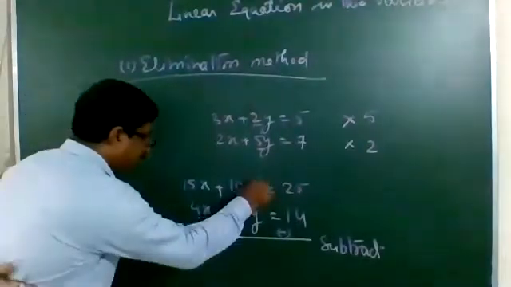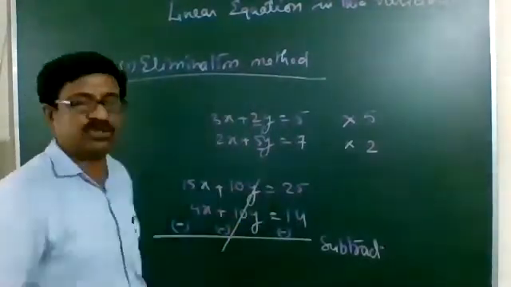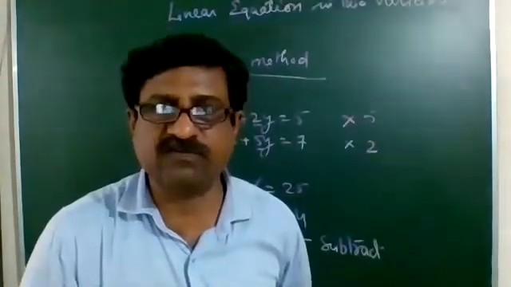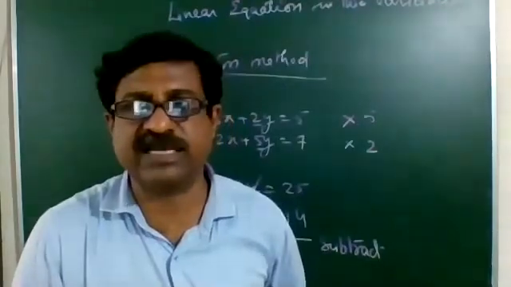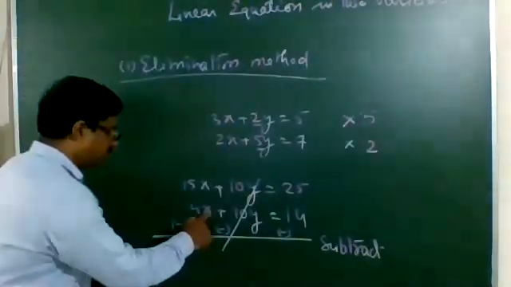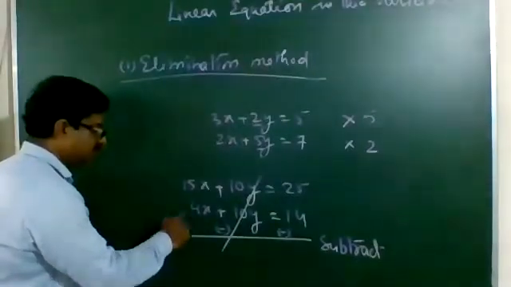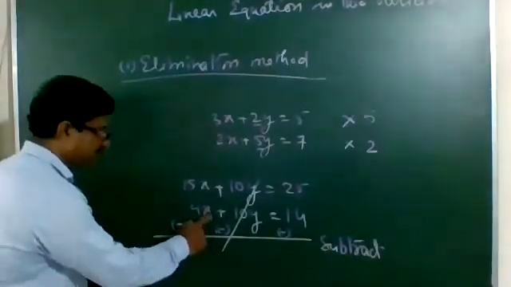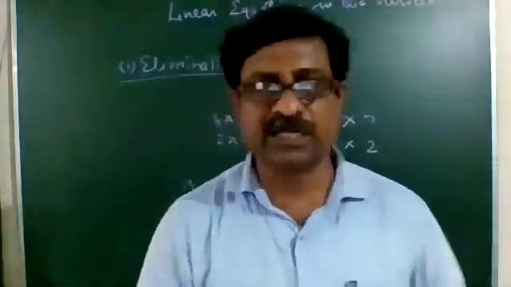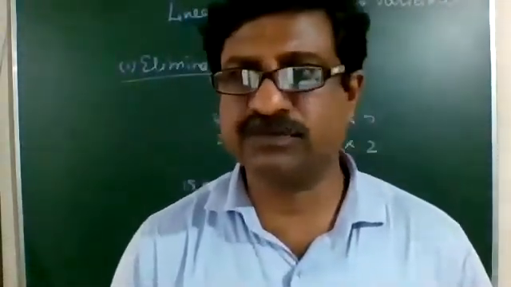After that, we eliminate it, cancel it. Since both of them have different signs, they can be cancelled. Therefore, 10y and minus 10y we have cancelled. Here we got 15x, here we got 4x, and here the sign is given minus. 15x minus 4x. If two values have different signs, then we have to subtract. And we have to put the sign of the greater value.